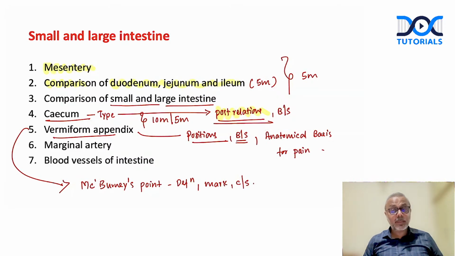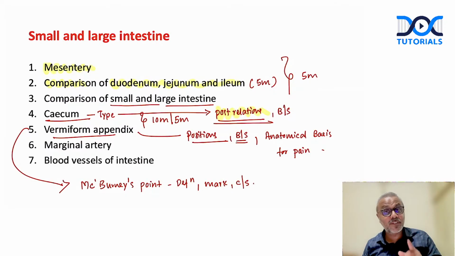Remember, pain in acute appendicitis initially begins around the umbilicus. The pain is periumbilical. Later on, it gets localized to the right iliac fossa where we have the appendix. What is the anatomical basis behind this, right? This is again a very favorite question, a clinical based, reasoning question that can be asked. Okay.